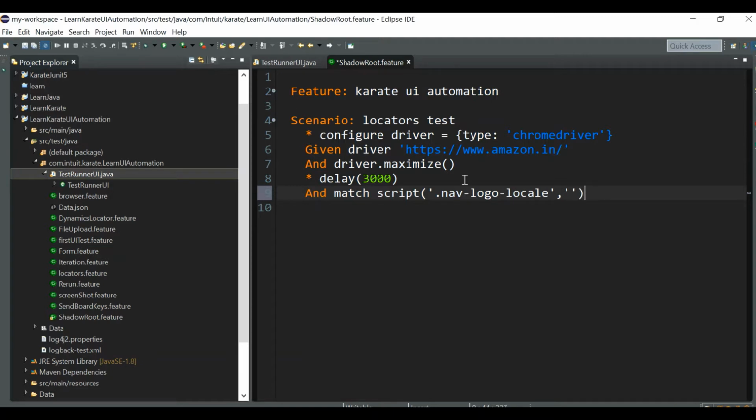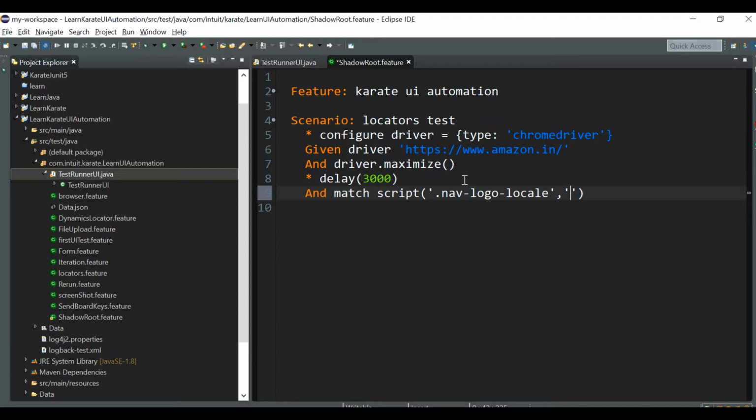function. To get the inner text or the inner HTML content using JavaScript, we used the method innerHTML, right? If you are familiar with JavaScript, you should know that. So the same thing we can pass here. The script method will evaluate this string as JavaScript in the browser.